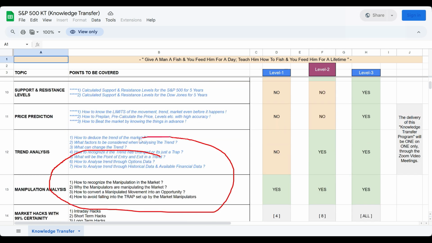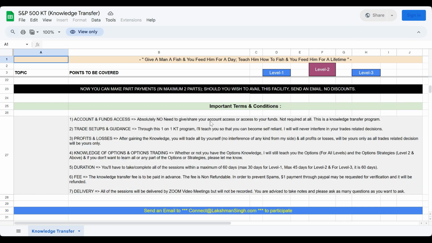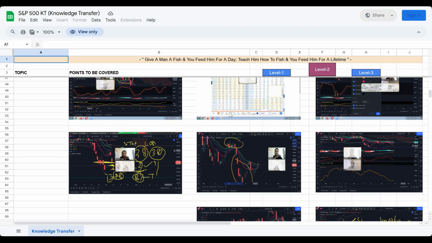Then how to recognize the manipulation in the stock market, how to convert the trap into opportunities. Then the hacks, intraday hacks, short-term hacks, the long-term hacks. These hacks work almost 100% of the times with almost 100% accuracy. Then these are some basic terms and conditions, and this is my email address, and these are the snapshots of